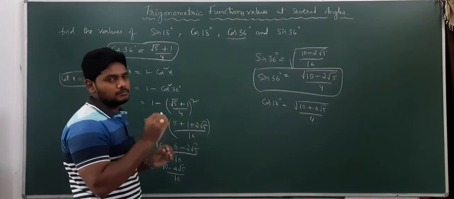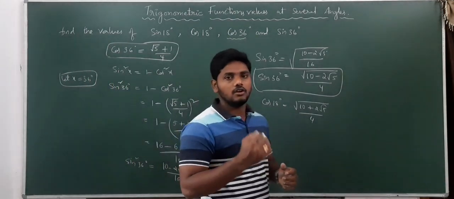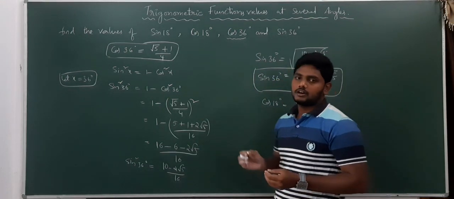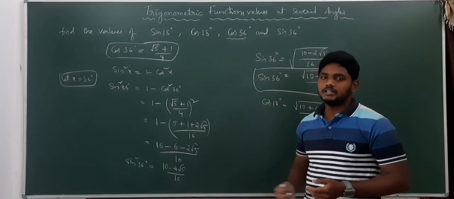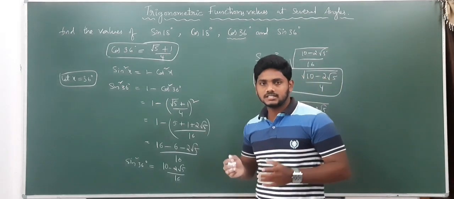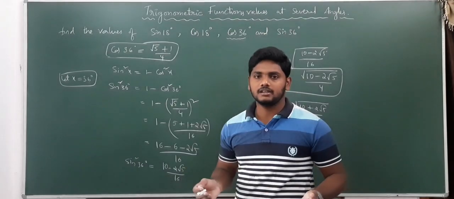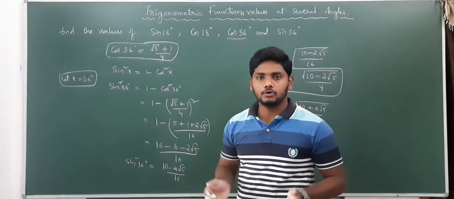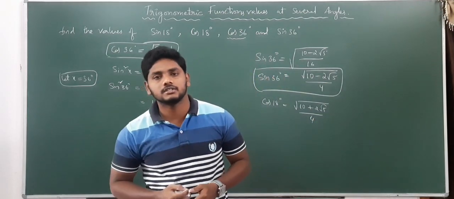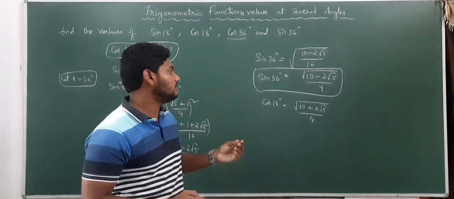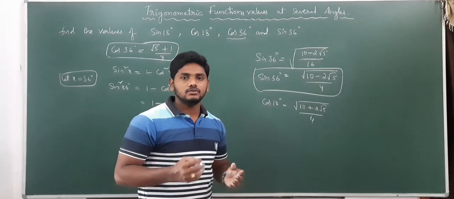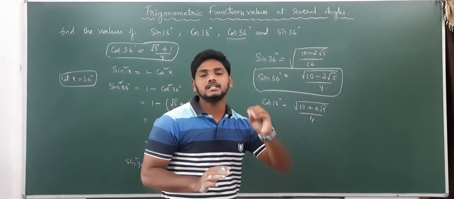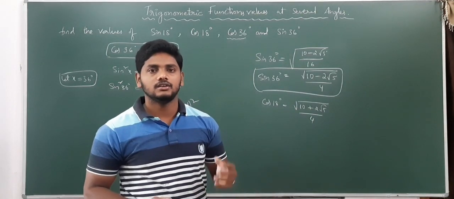You need to remember some logic to remember these for a long time. If you did not remember these values also, no problem. Within a few minutes or a few seconds we can find these values by using these methods. But when it comes to board exams, 1 minute is not a matter. If you did not remember, you can find the value and substitute. But in competitive exams, even a few seconds are very valuable. So in order to save time, you need to remember these values for a long time, at least for 2 years. Then you can go for further studies.